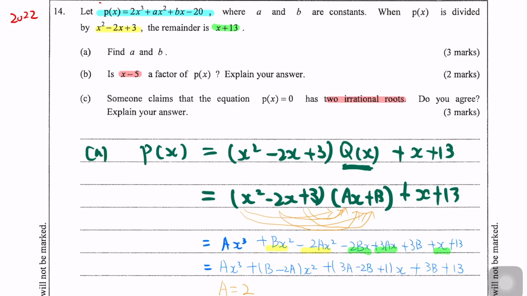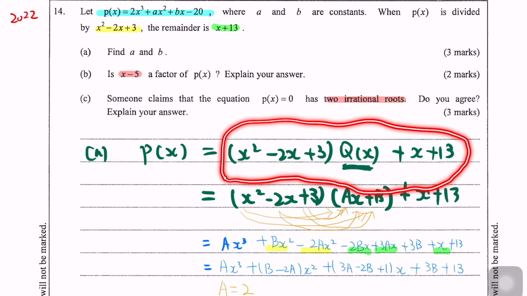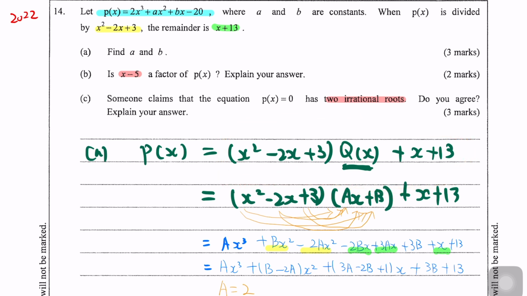Here is the paper, the polynomial given to you, and then we have the dividend and remainder. Now you need to find A and B. So you have the dividend, you have the remainder, you don't have the quotient, but you can write out the division algorithm first, and then you know that the highest degree of the polynomial is